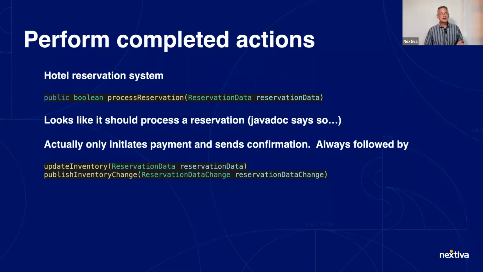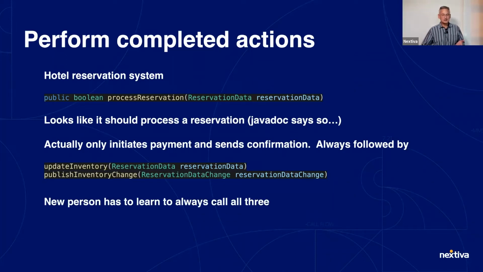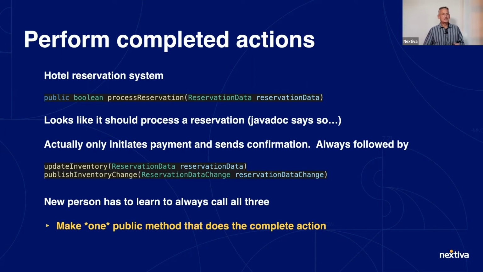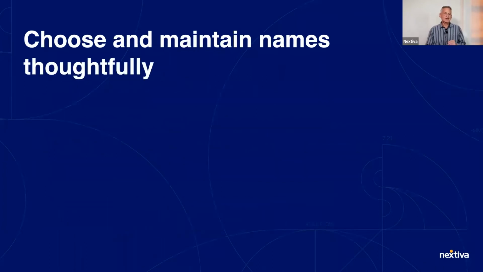Okay, so the answer here is really simple. The person now has to learn all that stuff. It's a secret handshake. You don't want that. So you make a single public method, and you have it do the other things. But it's not good enough just to make a single public method. You also have to clean up the trash where all those little sequences of half-done things were. You have to actually refactor so that the thing makes sense. The logic is evident. It's doing what it's supposed to do. Okay, next.